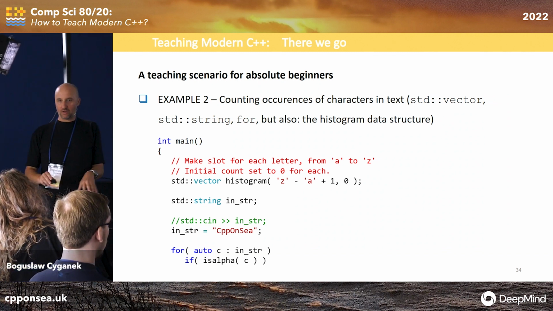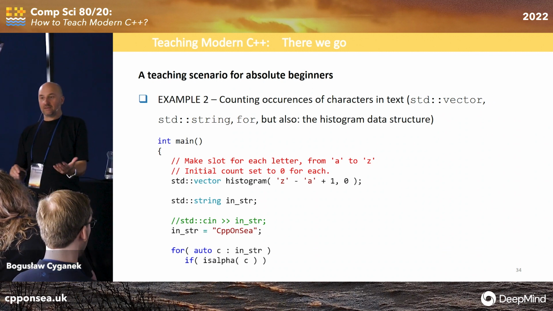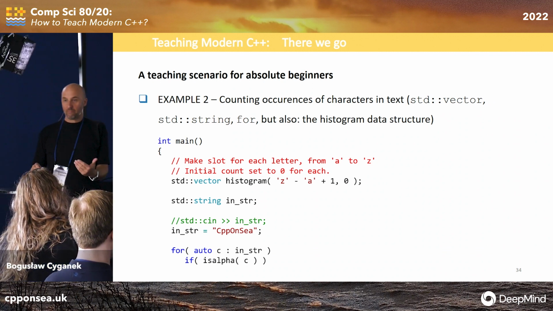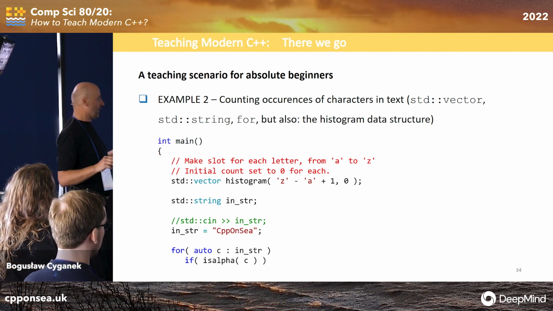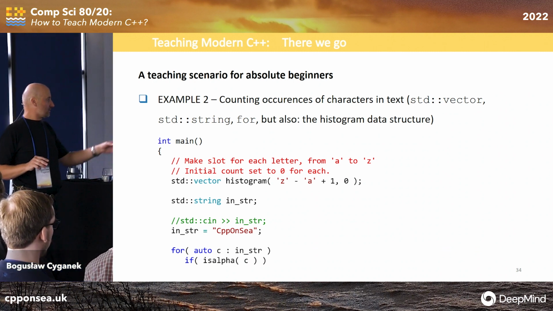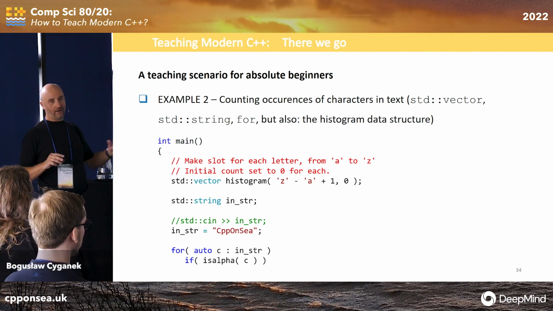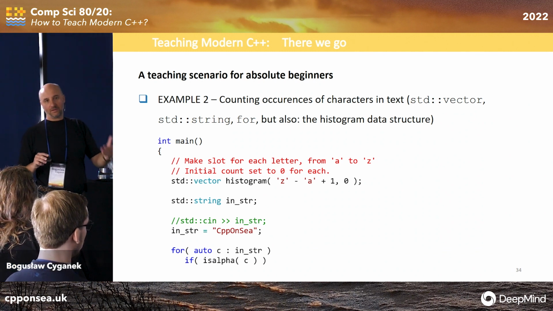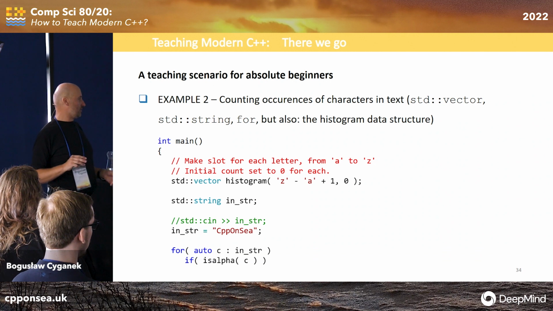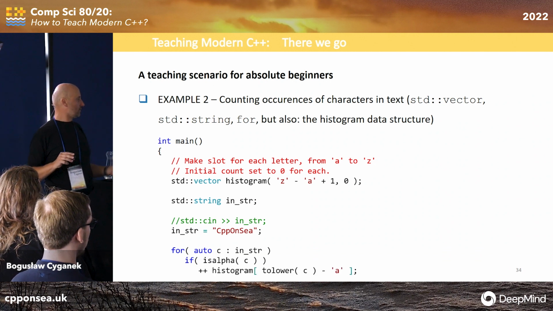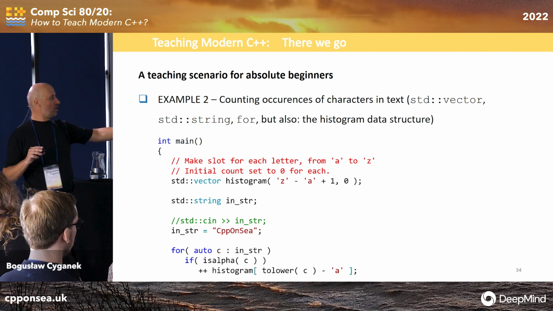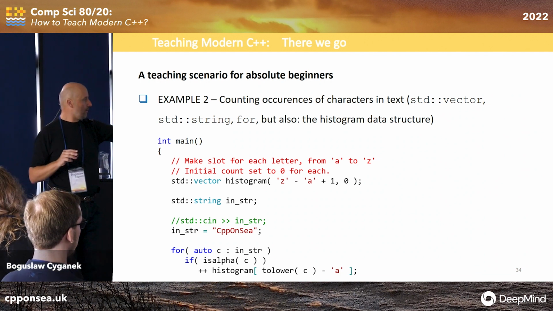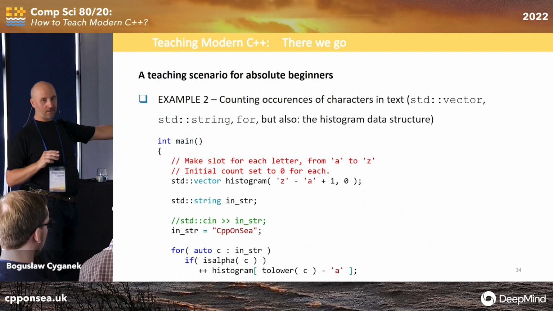Also, what the user is inputting from the keyboard can be anything. You expect a number because you are computing some values. Well, it can be any text. So it's alpha. What is alpha? It is something written in the library which checks if my letter is alphabetic. And then the third line, I increment each bin in the histogram by ++.